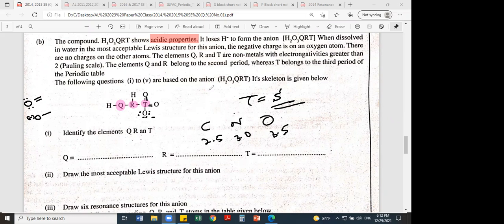Q and R belong to the same period, and T belongs to the third period. That we got in the third period is alpha third period. Then the other most important thing,